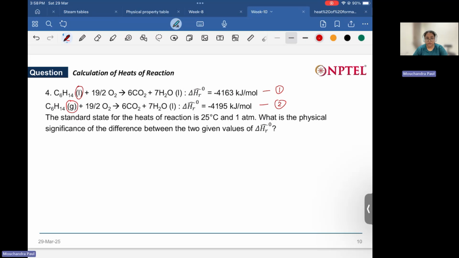Now heat has been added to convert it to a gaseous state in reaction 2. So what is the physical significance of the difference? Also because of this, there is a difference in the heat of formation for both reactions. For one reaction, it is minus 4163, and in the second reaction, it is minus 4195. So what does this difference